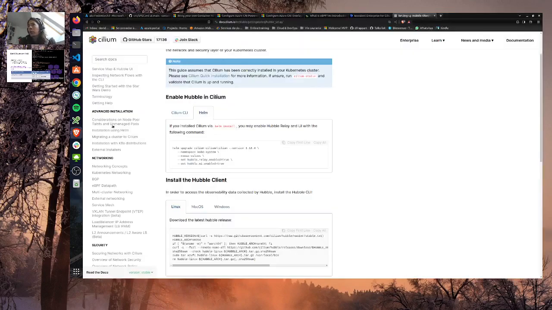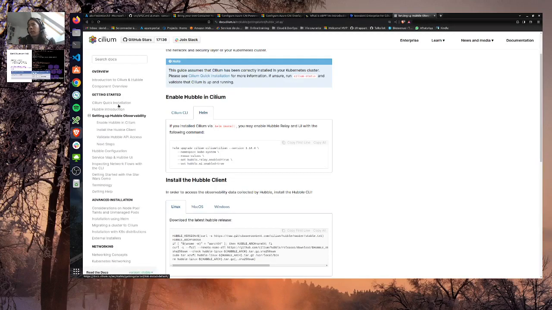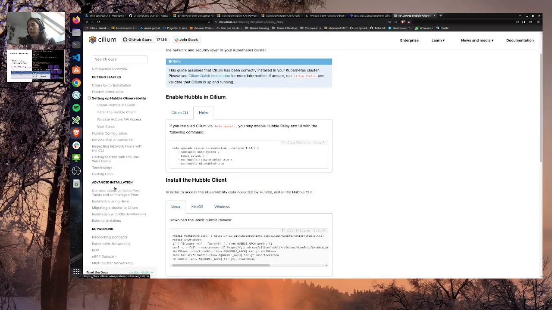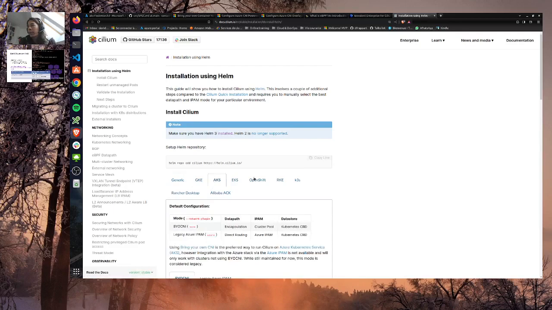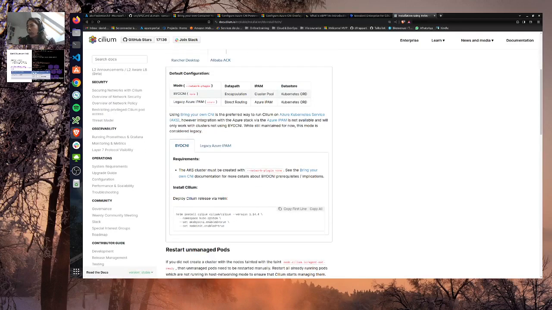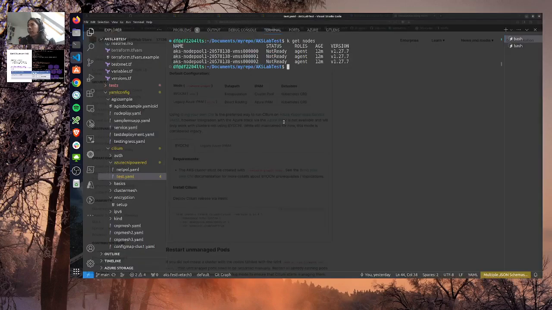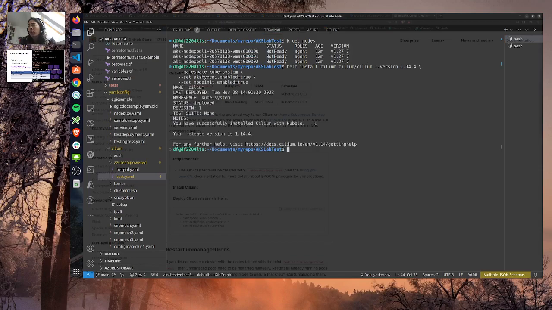Let's go back to the installation. Installing using Helm. So how do we do that? You can see the command line over there. We are supposed to do it the same way as we did the upgrade. This time we are just doing the installation. We specify AKS bring your own CNI and the node init. So copy all, switching back over there. I'm on the product one, right? So copy paste. We need to wait for it to be deployed, and once it's deployed, we'll see that the nodes are getting ready with time.